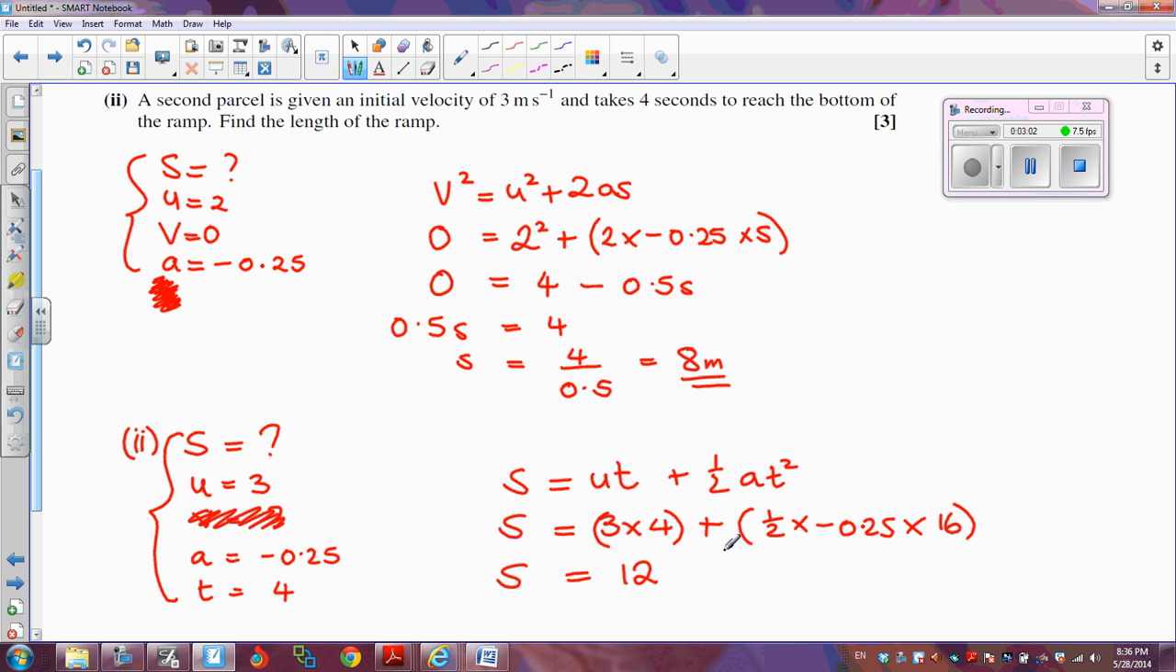Now if I work this out, it's going to be negative, obviously because all of these multiplied together are going to be negative. Half times half of 16, let's do it like that, is 8. 8 times minus a quarter, well a quarter of 8 is 2, so it's 12, take away 2, which is 10 meters. So the second parcel goes down the whole ramp and has travelled 10